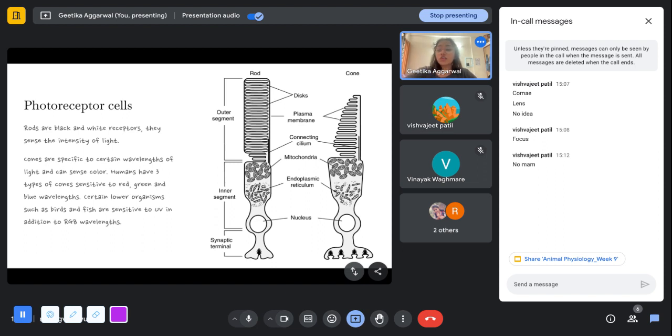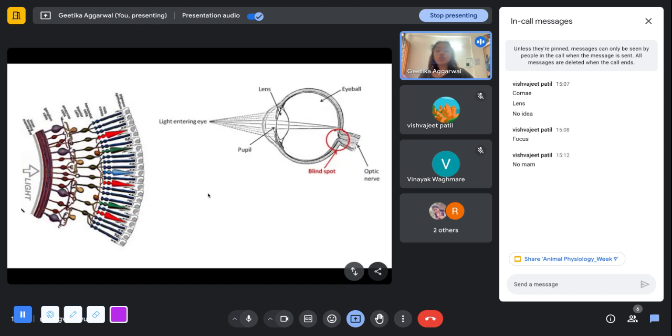Okay, moving on. These are the different layers of the retina as I showed before: the pigment epithelium, rods and cones, horizontal cells, bipolar cells, amacrine cells, ganglion cells, and then you reach the final inner limiting membrane on which the image is actually formed. And this spot here is where all of the axon terminals from the ganglion cells come together and form the optic nerve.